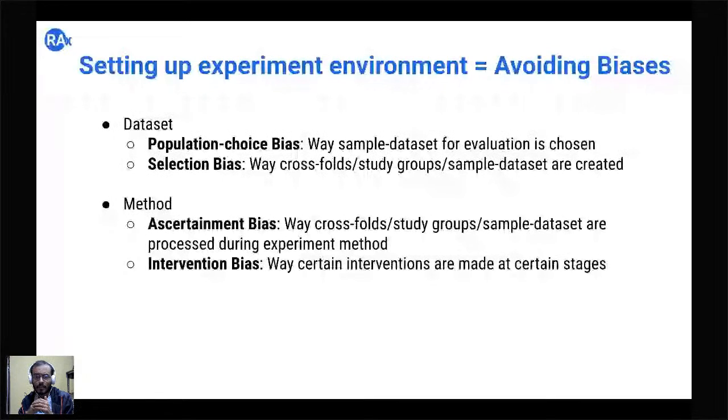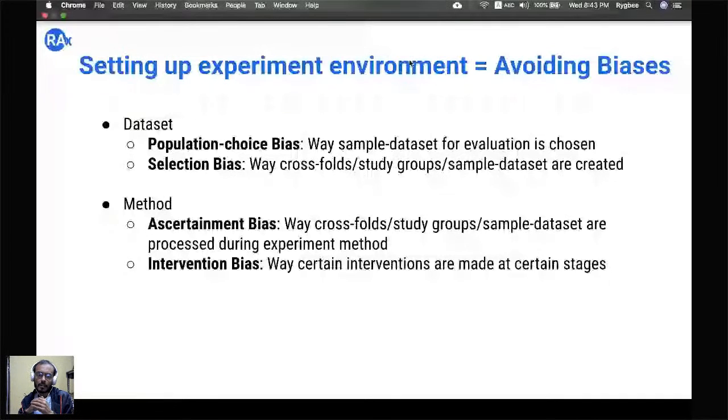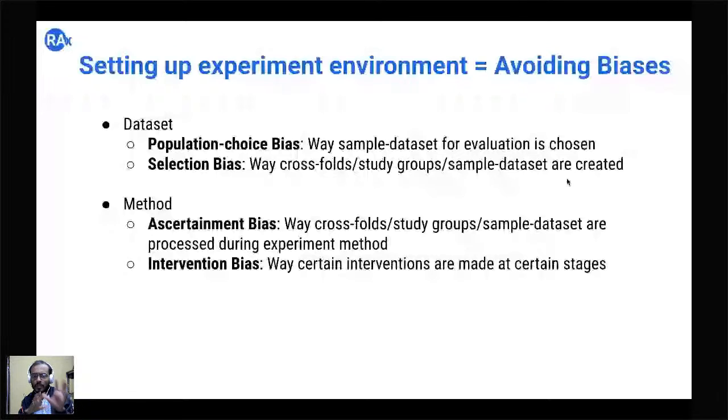So the second set of biases can happen when you are at the methods section, right? And in the methods section, there is one kind of bias called ascertainment bias. And what happens is that